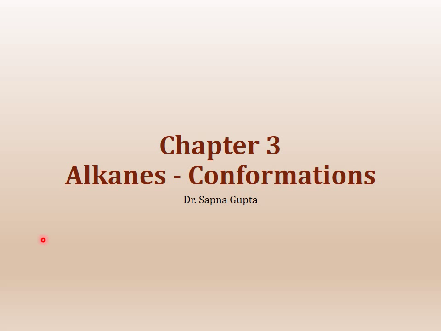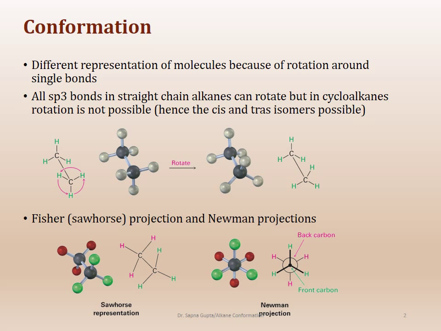This is the second part of the alkanes chapter, and in this we will cover conformations, which is a very specific property of alkanes. Conformation is because of rotation around single bonds. Remember, all single bonds are sp3 hybridized, and in carbon, the single bonds are sp3 hybridized, which is only the alkanes family. Cycloalkanes also show conformation, but because rotation is not possible, they have a little bit different kind of